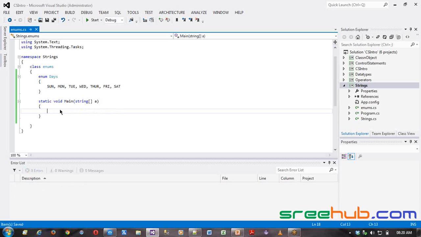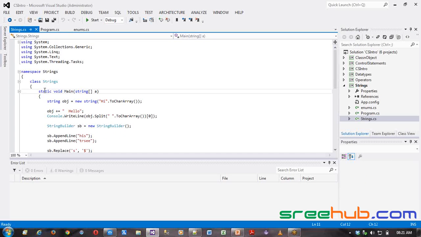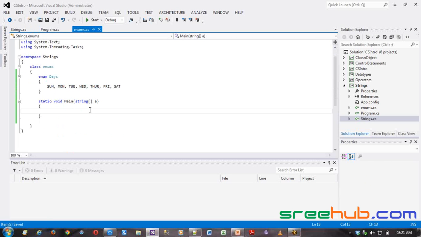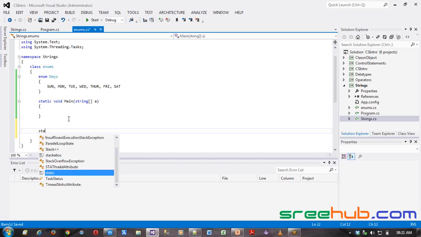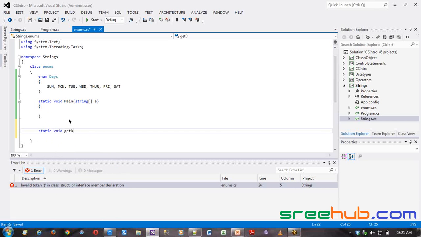Fine. So here let's see how we can actually use it. So these are constants, right? Now why do we need constants? Because let's say, take an example of our switch case itself. You remember, let me remove this static void here so that we won't get any issue. Now normally in switch cases, we provide a key where using that key we have different operations being done. So here let me create a separate method like static void, let's say get data something, and